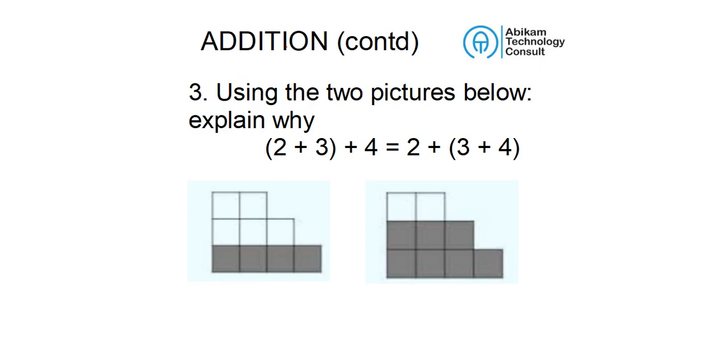So that is what you can see here. The ones that have the same color here, there are 2 squares and what? 3 squares. So add them first before you add to the one of different color. So that is what we have done on the left hand side. For the right hand side too, the ones of the same color are 3 and 4. We'll add them first before we add to the one of